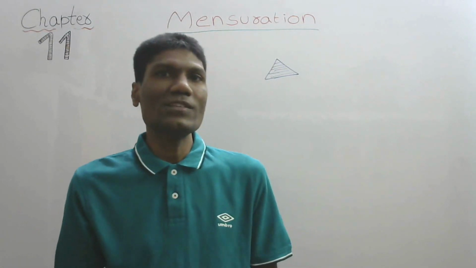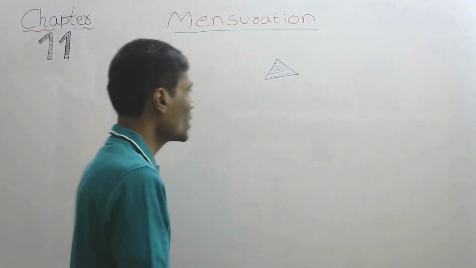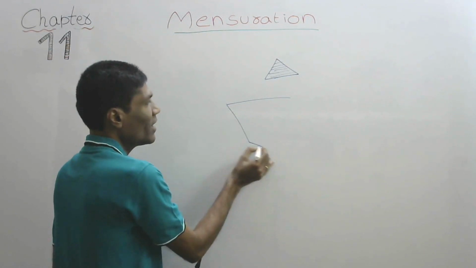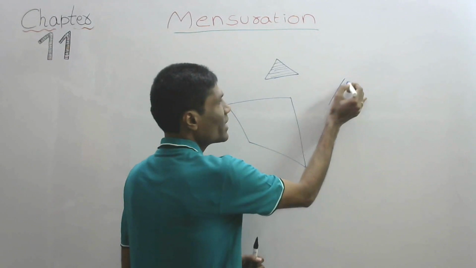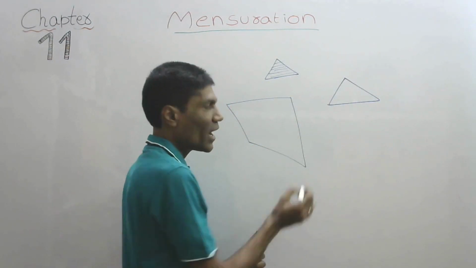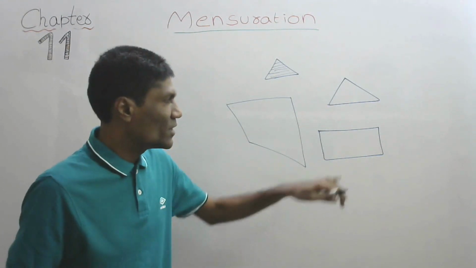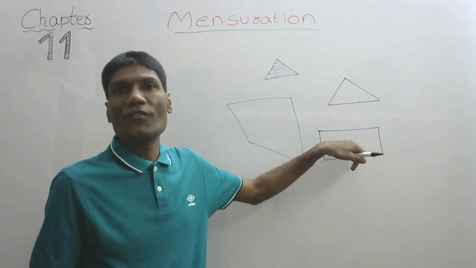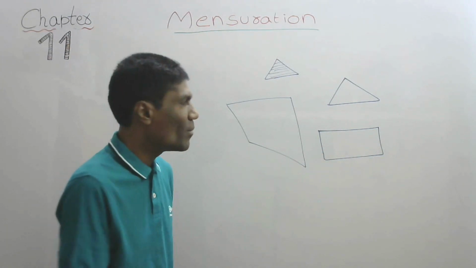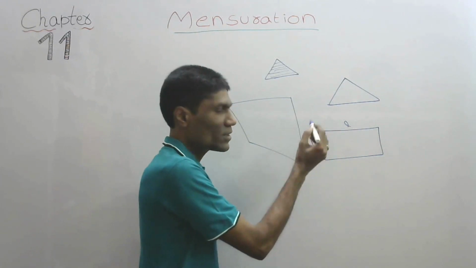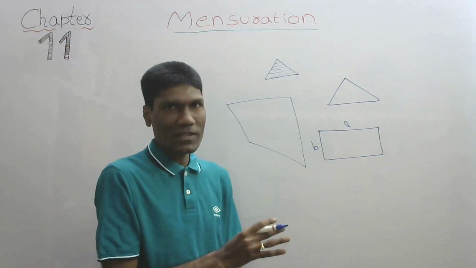Now, in agriculture, we know we are having fields or lands. Say, for example, a person is having a land like this, in this shape. Another person is having like this. Another person having like this. If this is his field or agriculture land, then we can easily find the area by using length into breadth. We know the formulas like area of rectangle equal to length into breadth, like that.